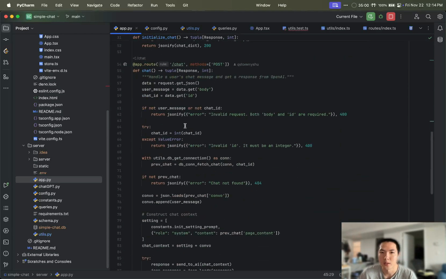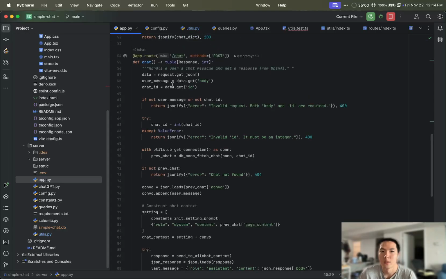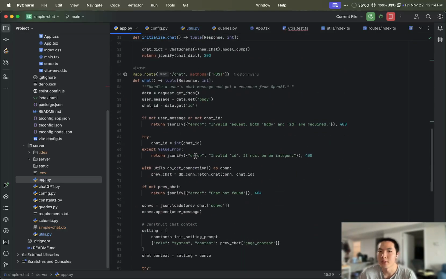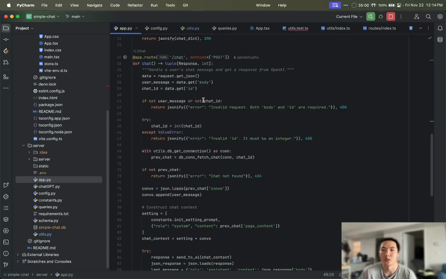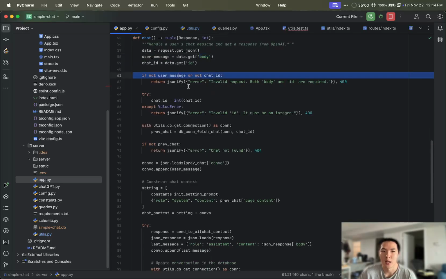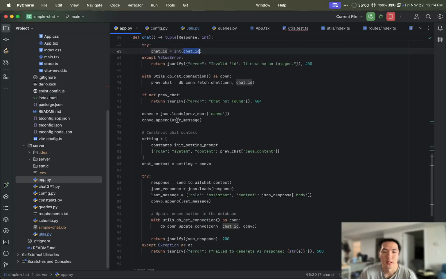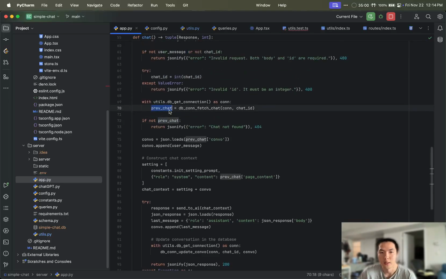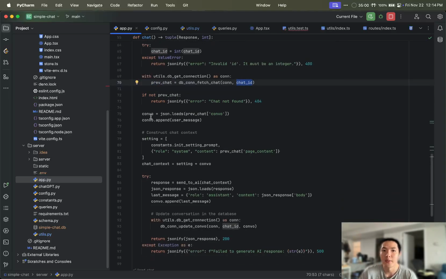Yep. Now let's talk about chat. Chat is how, when a user sends a message to the AI chatbot, we still get some parameters, and then validation, and then right here is something I want to check. We'll retrieve the conversation from the previous chat. So we retrieve the conversation whenever we receive a message, and then we will load this conversation